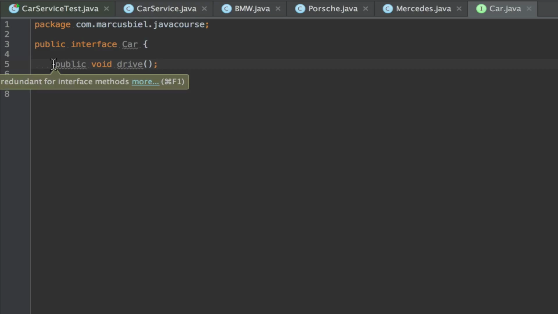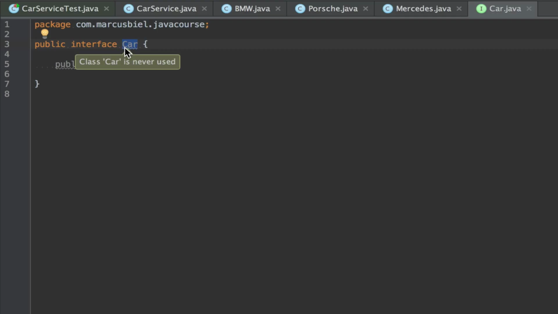So now we have an abstract definition of a method that other classes may implement. And when they implement the interface car, we can also say they play the role of a car. Because actually a class can implement more than one interface. A class can implement any number of interfaces.